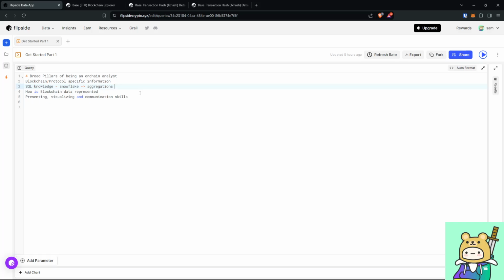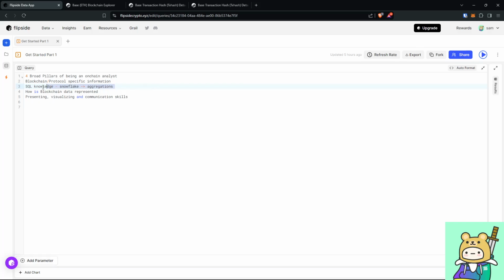learn SQL. The way I learned it when I first started is I just went in head first and tried to type out the SQL syntaxes, and then if there's an error, I would Google the error, or I would ask on Discord. I highly recommend you join the Flipside Discord and ask SQL related questions over there.